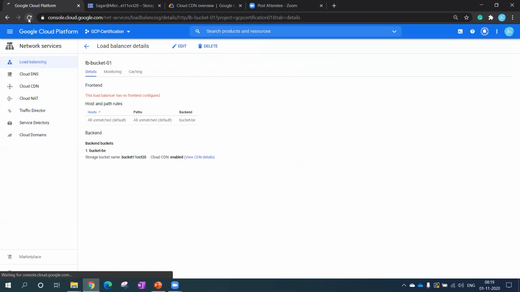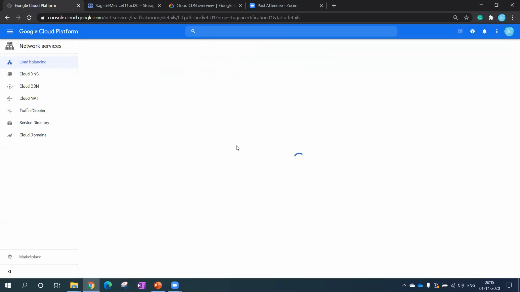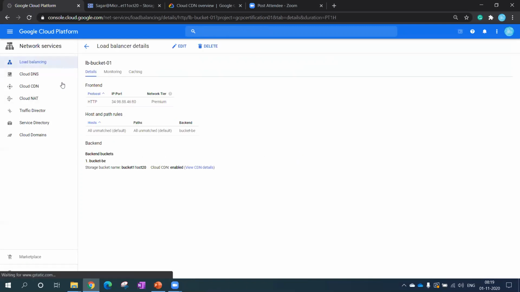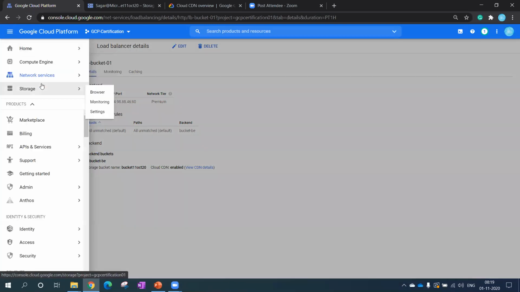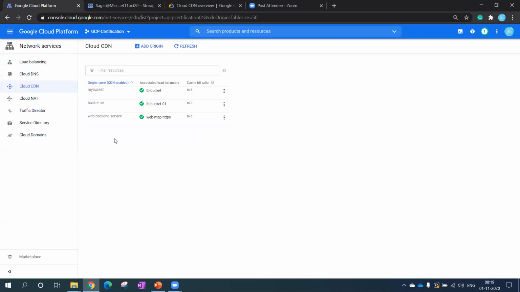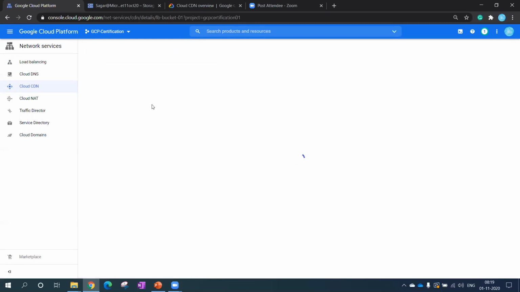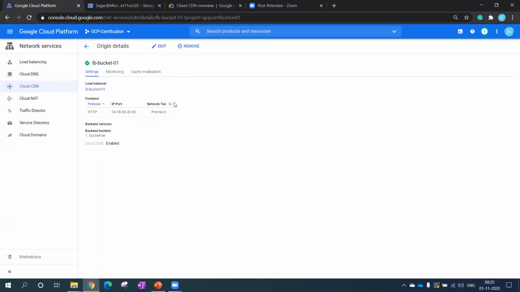It is just getting created, so let me give some time to this. If you go back to networking, you can see the new CDN configuration over here. See, now the configuration is getting created. If you click on this again, you will go back to that load balancer only. Now this is configured.